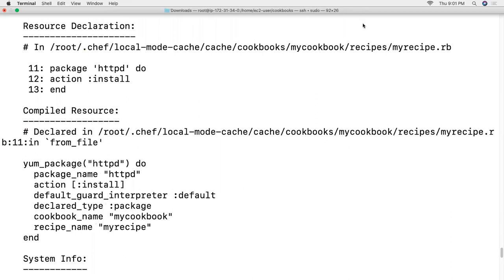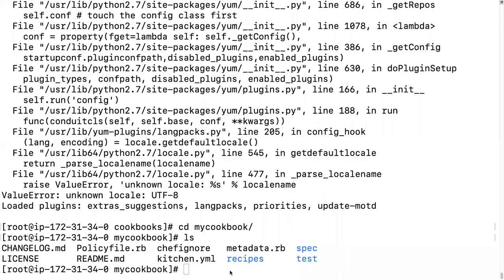Give me a minute. Let's check. So we are going to create another recipe for the Apache server. So I'm going to generate one more recipe. chef generate recipe, and my recipe name is apache server.